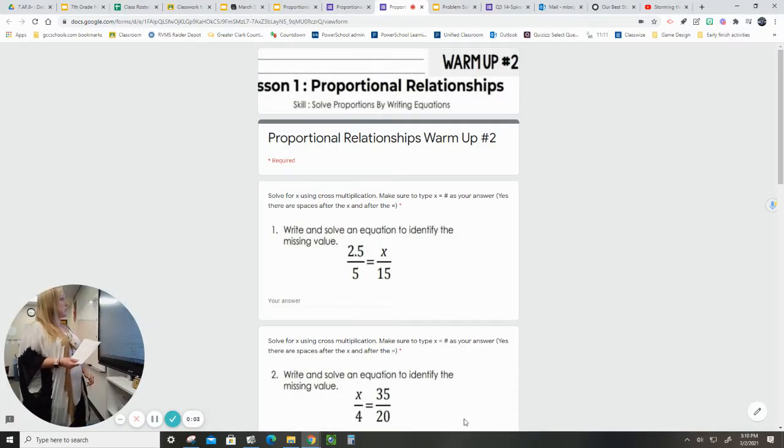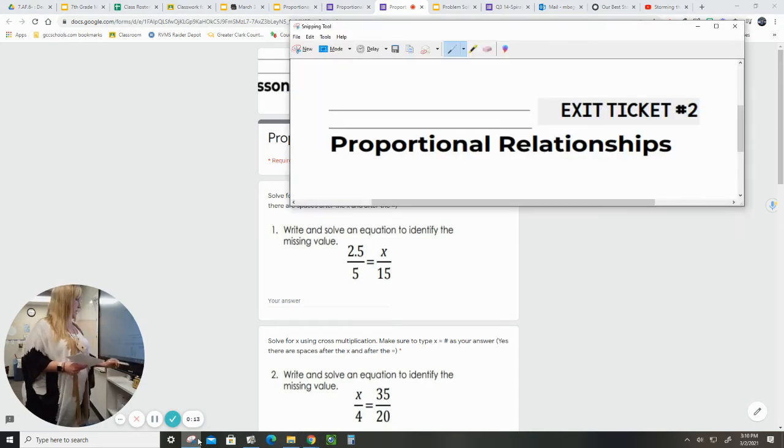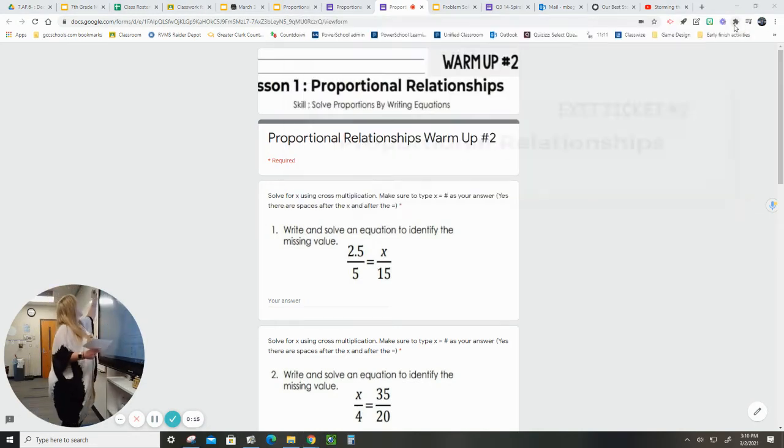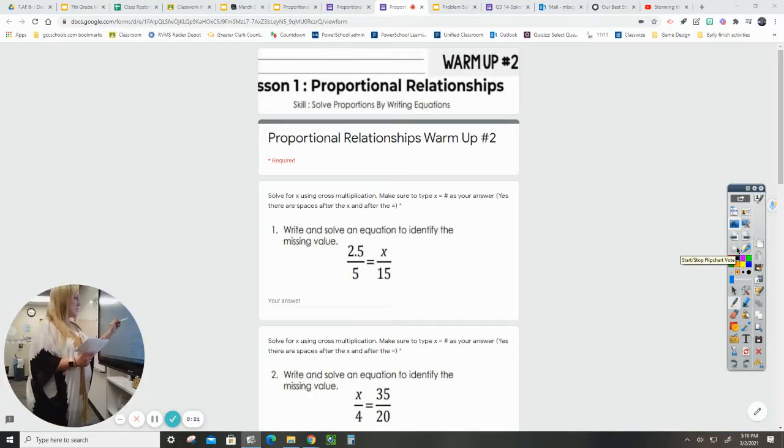Okay, we are doing our warm-up number 2 today. With your warm-up, you need to make sure that you are ready to move on to the next lesson. So we are solving the equations. This is not the one I wanted. Solving these